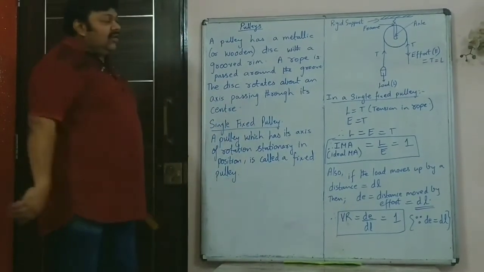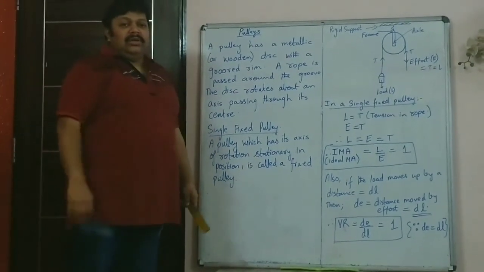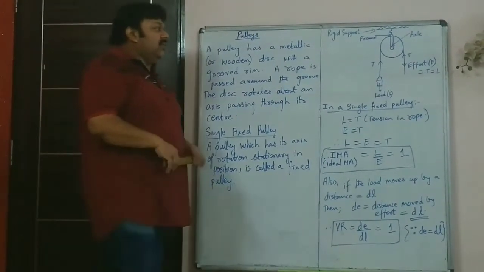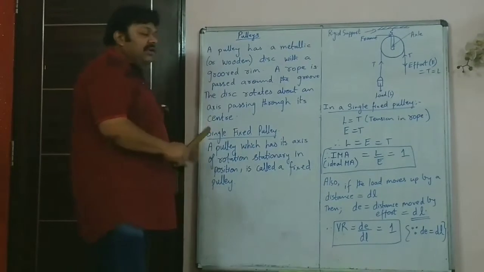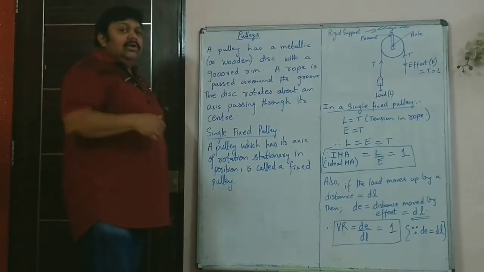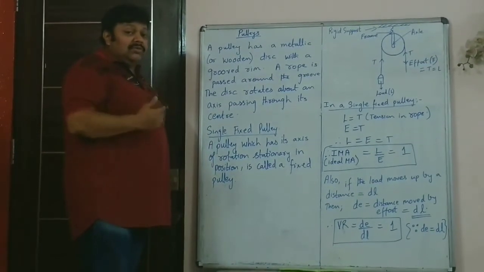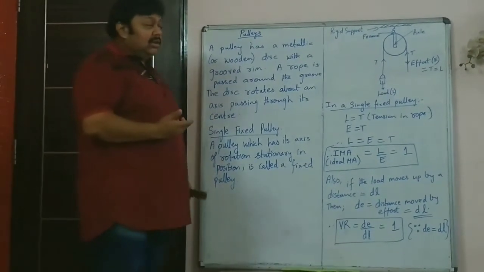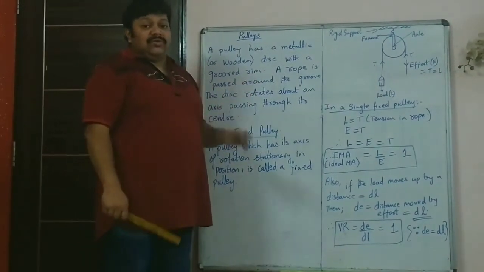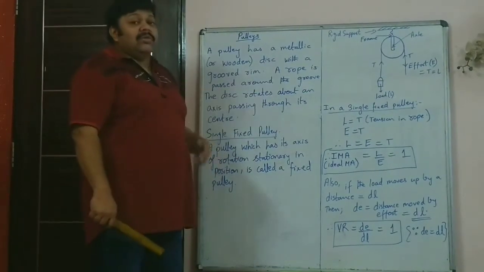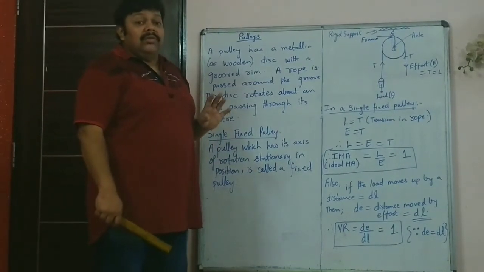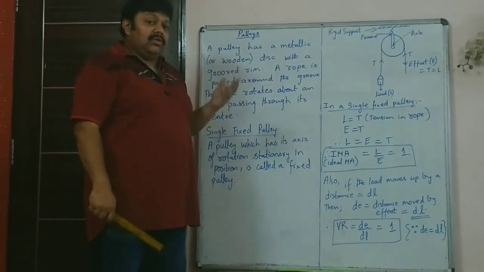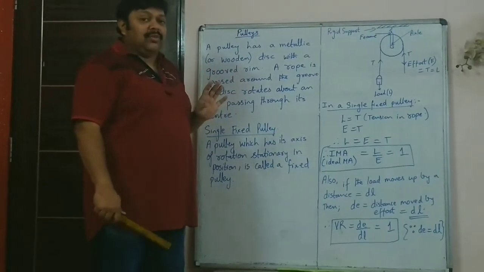So here we have drawn the diagram of a simple single fixed pulley. In a single fixed pulley, what you have to draw, if the diagram is asked. Diagrams are very important. In the physics paper also, 2-3 diagrams could be asked. Ray diagrams of light will be there. There could be some simple machine diagrams asked. Pulley has been repeatedly asked in many papers. Either single fixed pulley or movable pulley or block and tackle, all that is important.